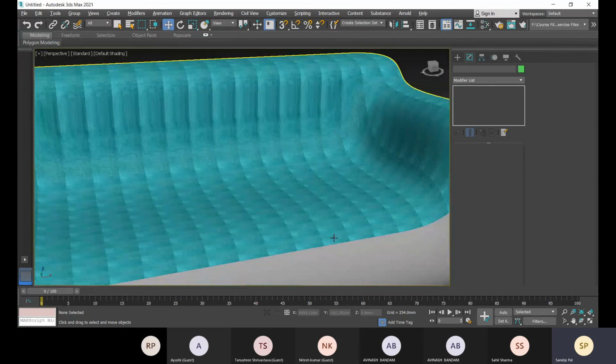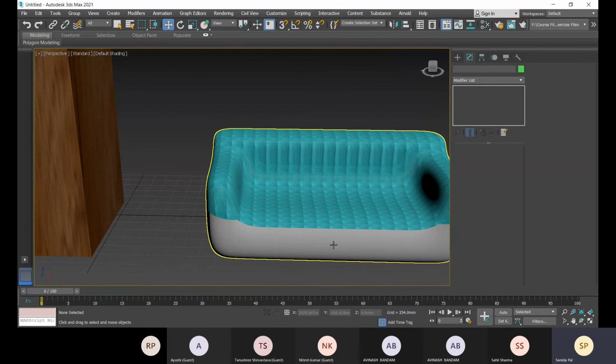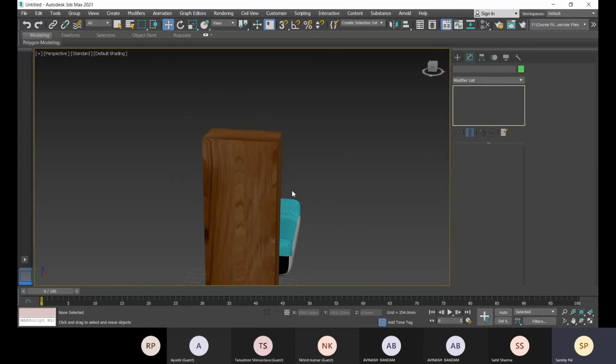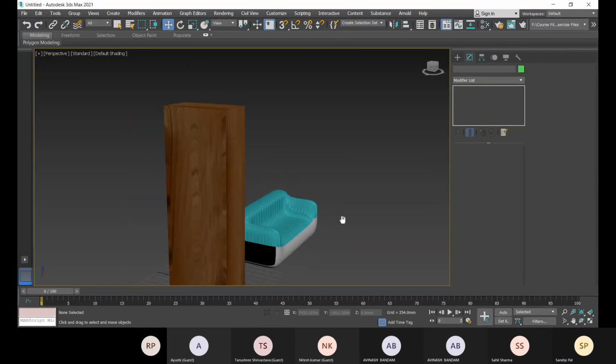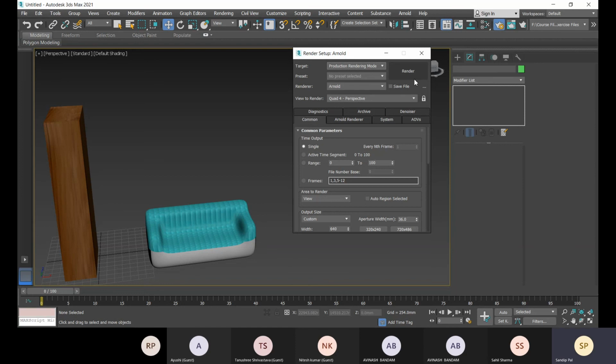And this way you can create some different materials into your project. Okay, so this is all about your materials, and then you control all the materials into your scene, and after that you create your render.